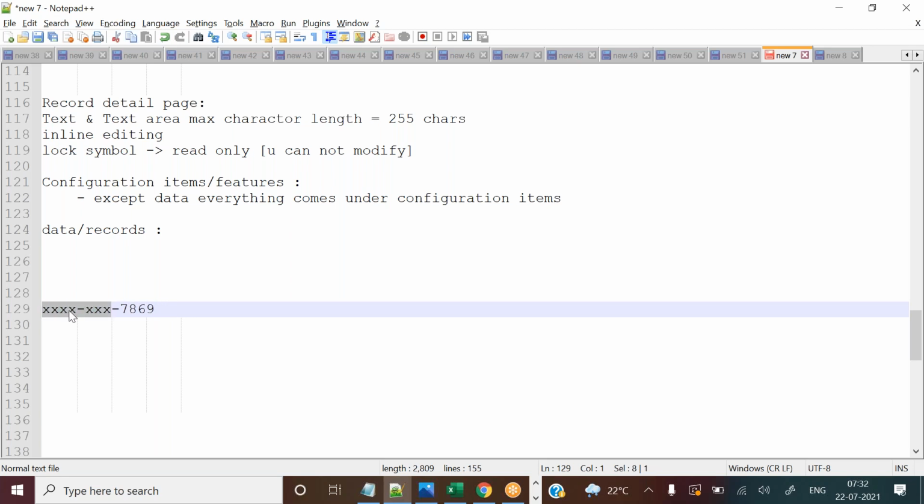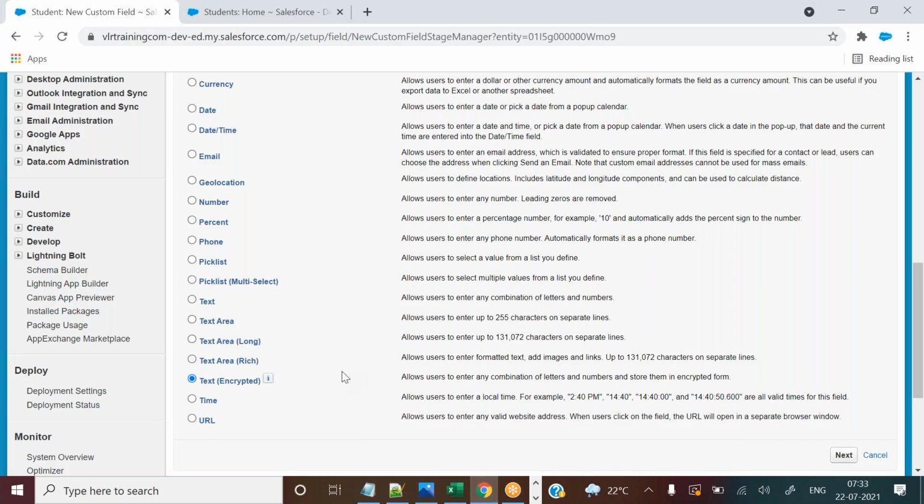In the back end they are storing the original numbers, but in the front end they cannot show these details. In the front end they hide these details, so that no one can see your account numbers, no one can see your details. That is called encryption. So these are the terminologies you need to remember always. So if they want bank account details encrypted, they can use the Text (Encrypted) data type.